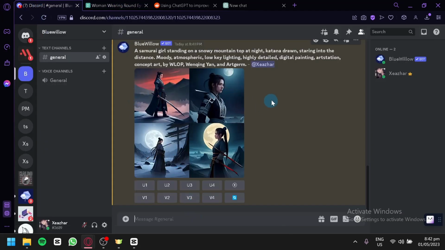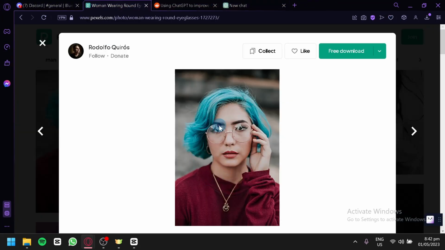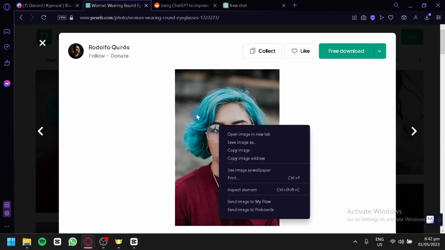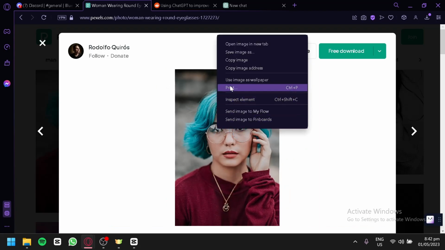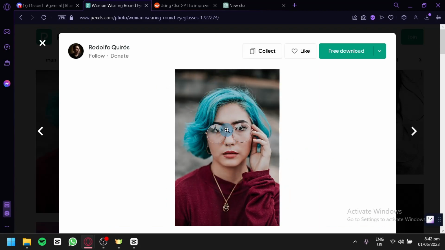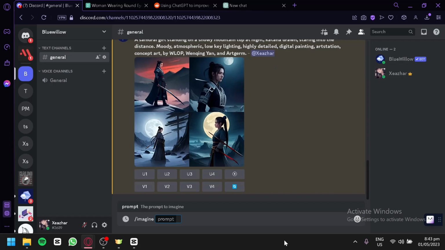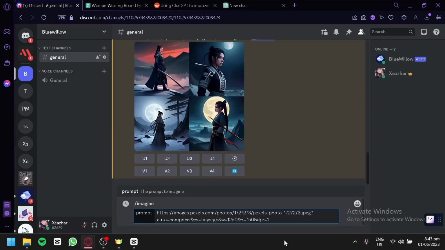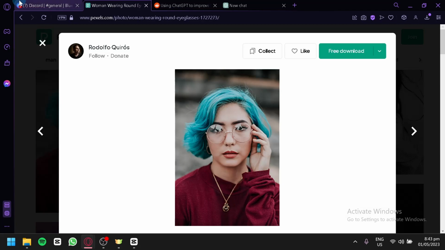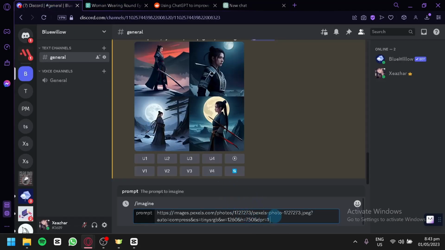Now you don't need to download any photo. You simply copy the image address by right-clicking on the specific image and clicking on copy image address. Over here, you're going to do the same thing, imagine, and then you're going to paste the URL of the photo, and it would automatically take that photo and use it as the basis for Blue Willow. So over here, we have this URL, then we're going to type in no color,